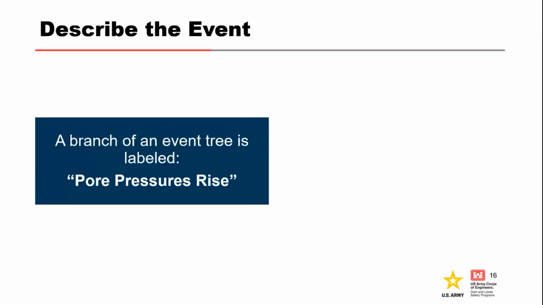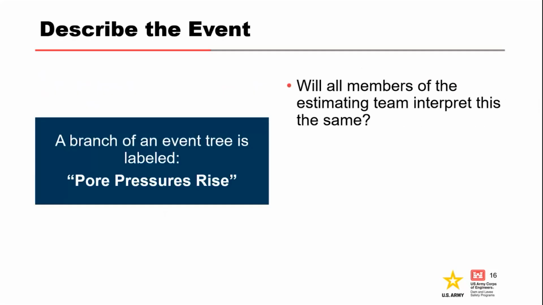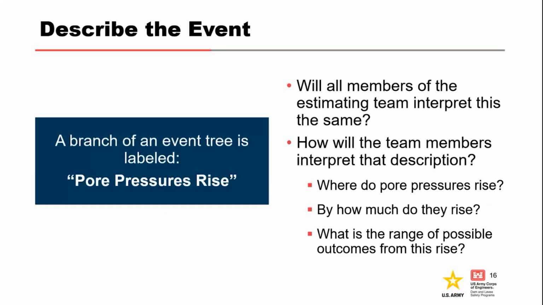All right, so here's an example of a potential node that is simply labeled as pore pressures rise, right? And there's a lot of things about this that I don't like. You want to make sure every team member is going to interpret this the same. One thing this doesn't do is tell you how much. I have to place a number on it. Pore pressures rise. If it goes up half a PSF, is that going to be a 1 for my nodal estimate, right? So you want to make sure that you adequately define your nodes so that everyone's on the same page.